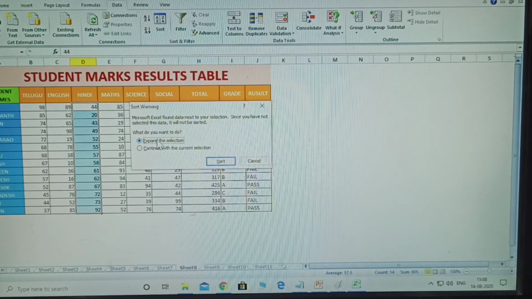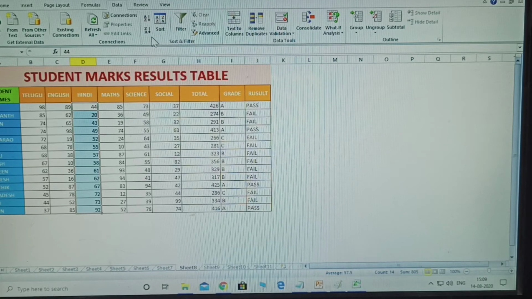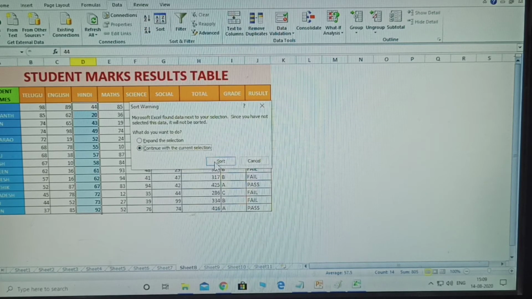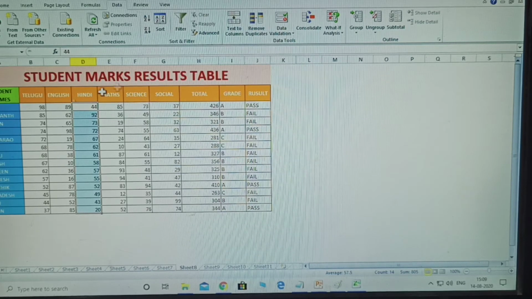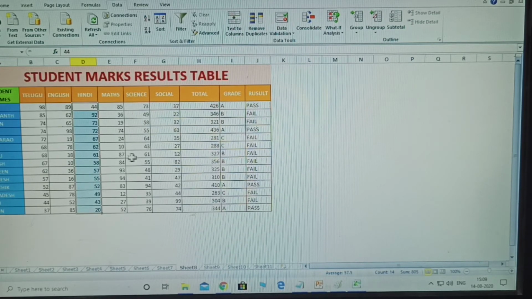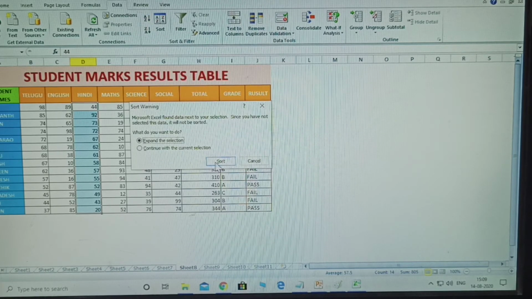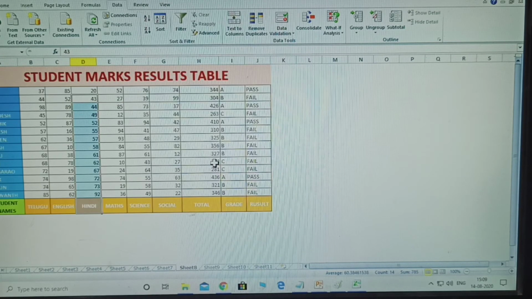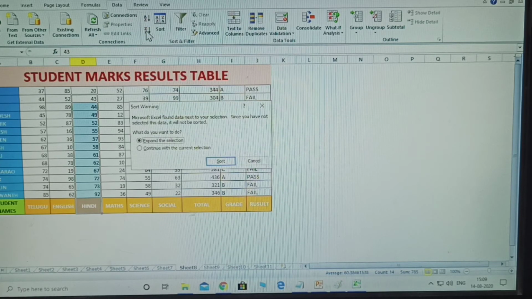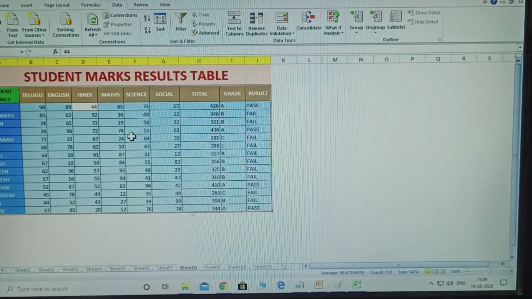Again A to Z, continue with the current selection. Observe here: select the marks of any subject, and after clicking A to Z with expand the selection, the whole table is sorted. Continue with the current selection means only that column will be modified.